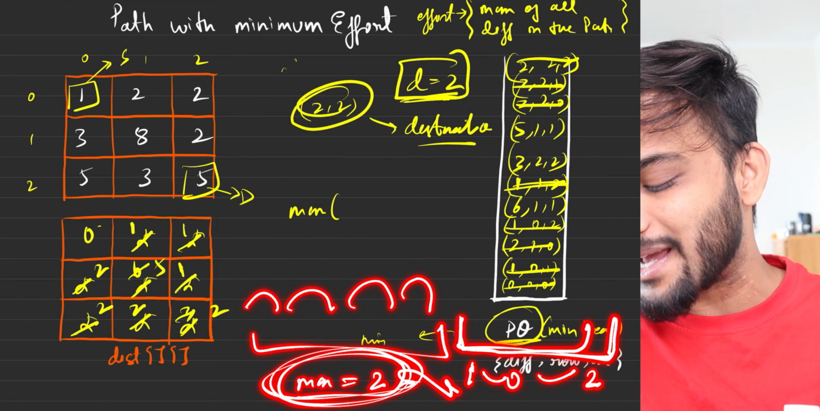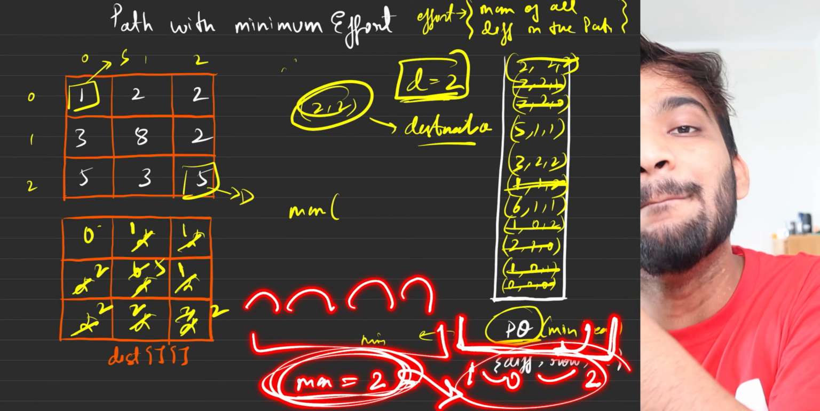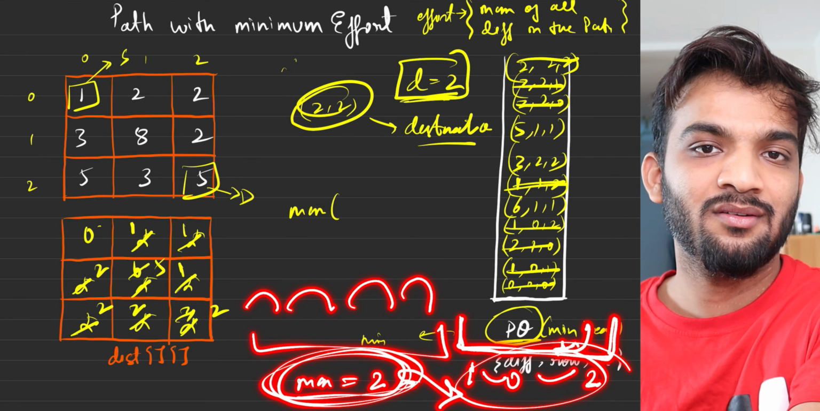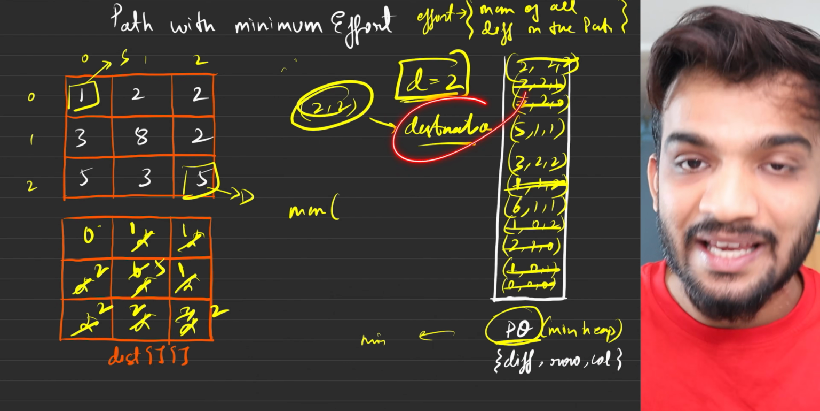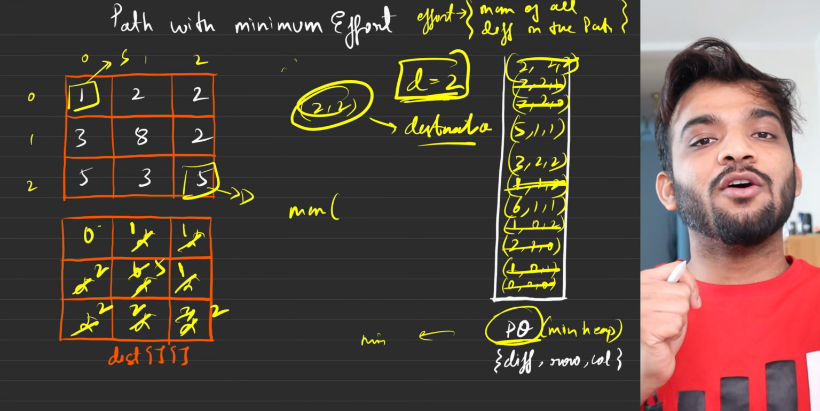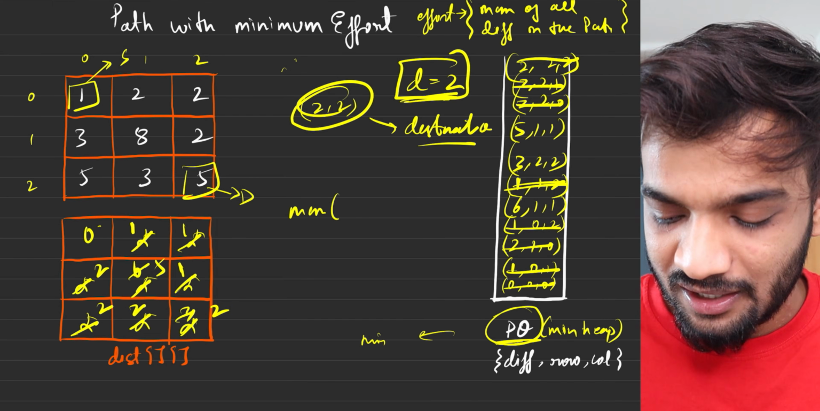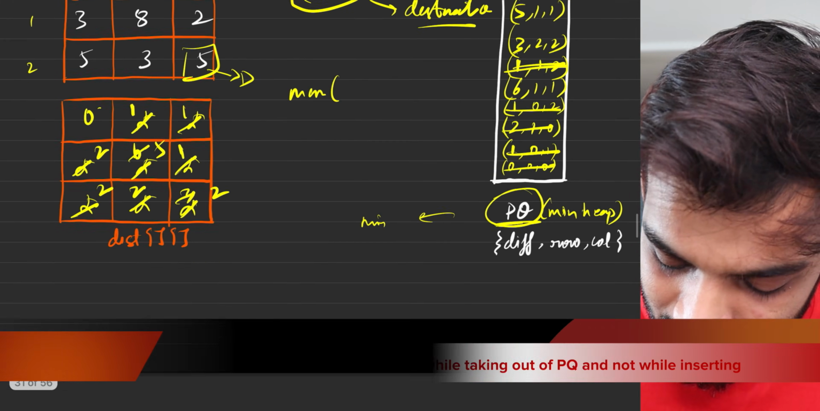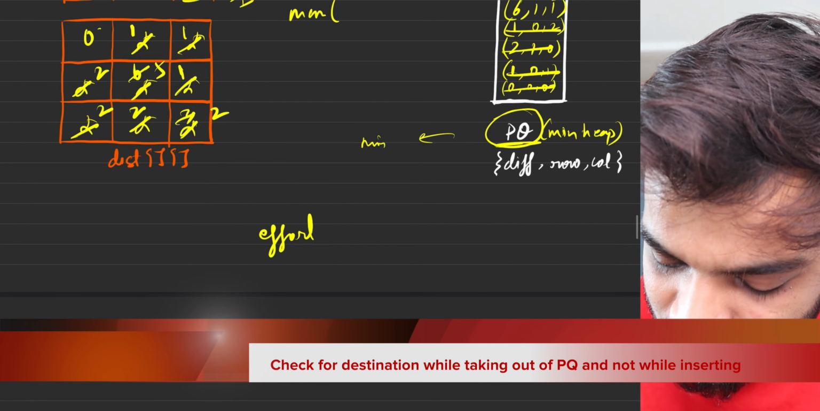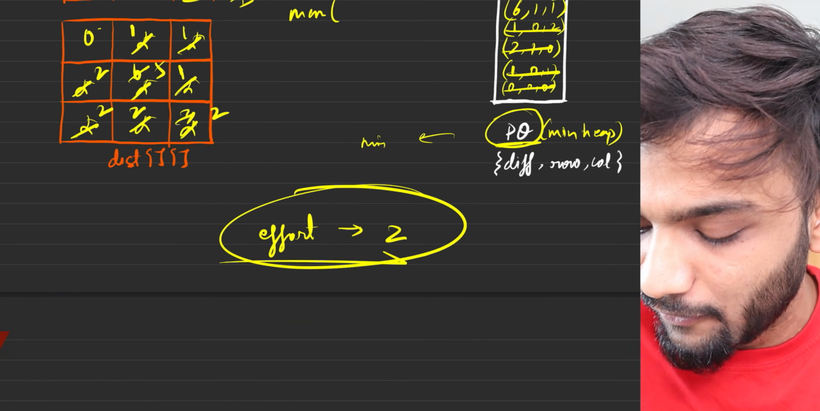So if you combine the max with the other guys, it'll still be a minimum of 2. It cannot be lesser than 2 for sure. So I am definitely sure once I reach the destination by taking out of the priority queue, the answer is for sure this difference, which is ultimately your effort, and you can just return that effort as